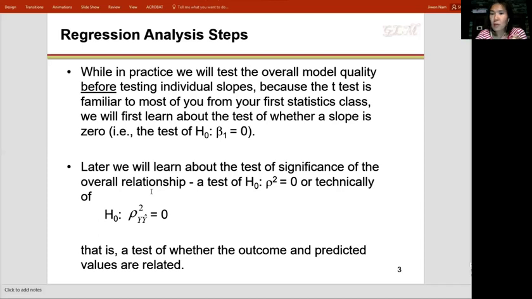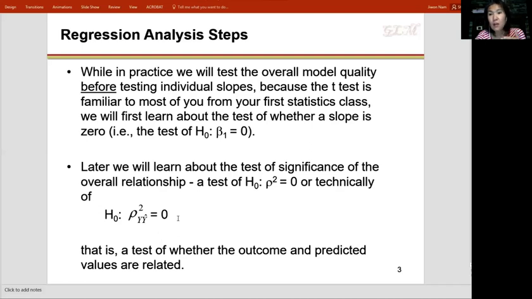So sometimes it is statistically significant, and sometimes it is not. So we need to have a criterion: when do we say it's statistically significant or not? We will talk about the criterion a little bit later. Anyway, this shows the overall test, or what we call the omnibus test, the model test.